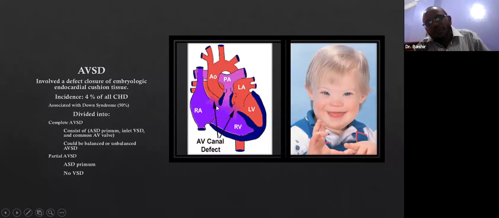So there will be mixing between the left side and right side. It is involved with defect of the embryonic endocardial cushion tissue. Incidence is about 3 to 4% of all congenital heart disease, but it is very common in Down syndrome. 50% of Down syndrome has AVSD, and 50% of